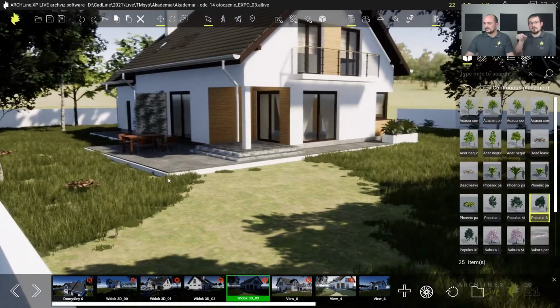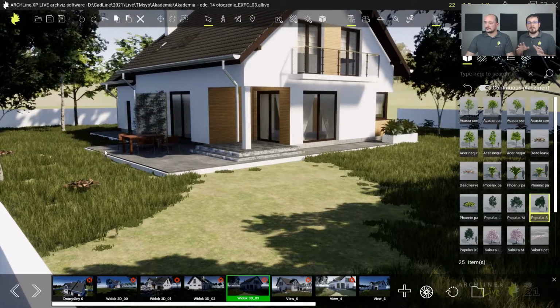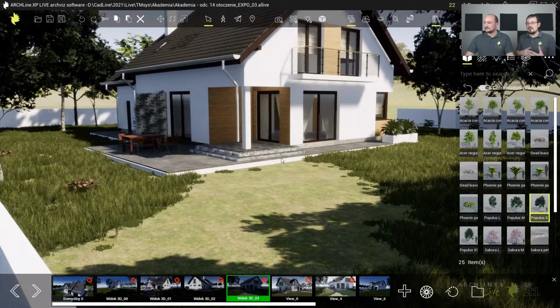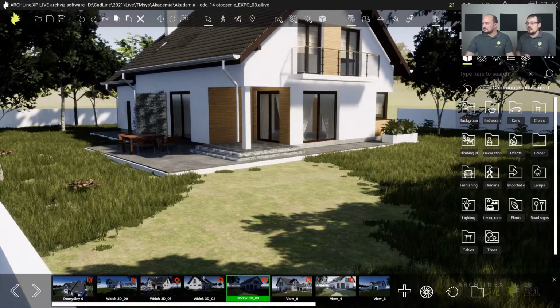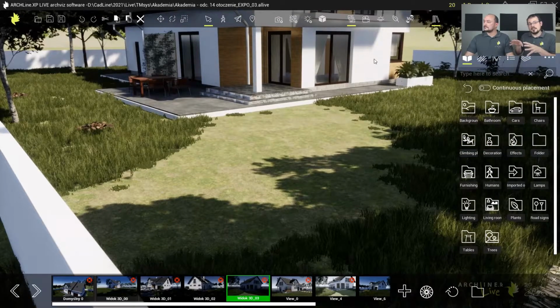You can have a continuous placement. You can copy paste them. And again, as always, I strongly advise to not just copy elements, but rotate them a bit, resize them a bit, make them a bit less uniform. Now you can see this empty path in front of the building, and we left that blank intentionally